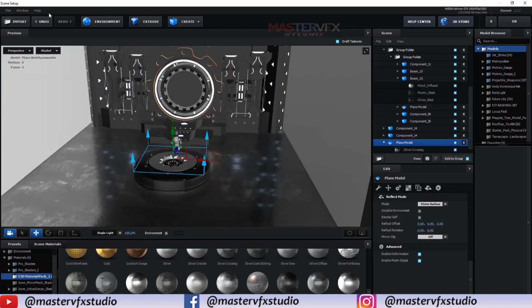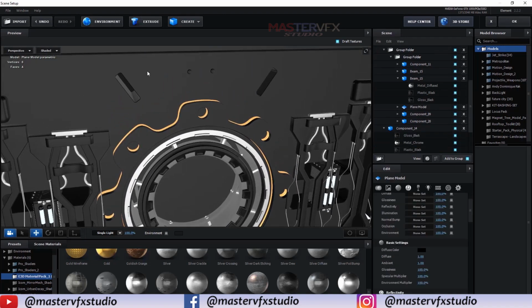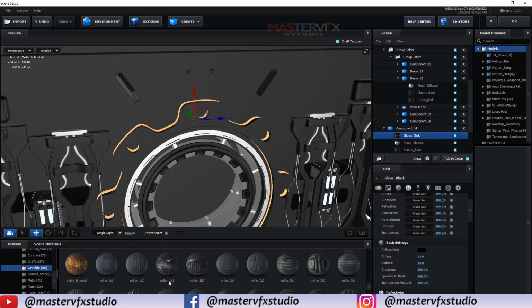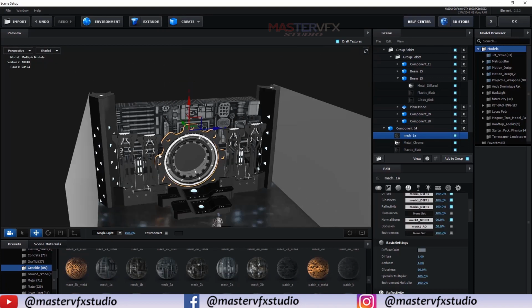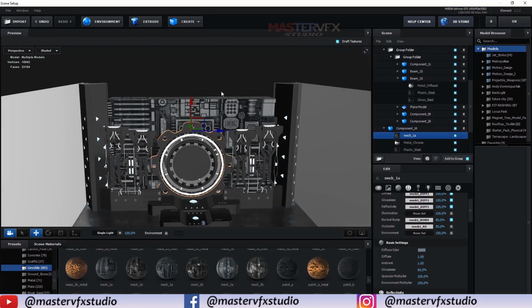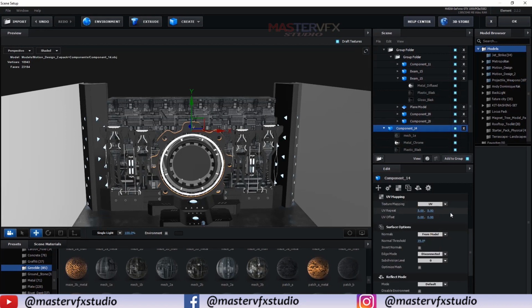Okay. Now we are going to apply the material on this wall. For that I'll use the urban decay texture. In physical texture I'll use a gribble, and here I'll use the mesh 1A texture as our wall texture. So select it and also apply it to the component below and change its UV to 5 by 5. Select this component, go inside UV, and change the repeat to 5 by 5.